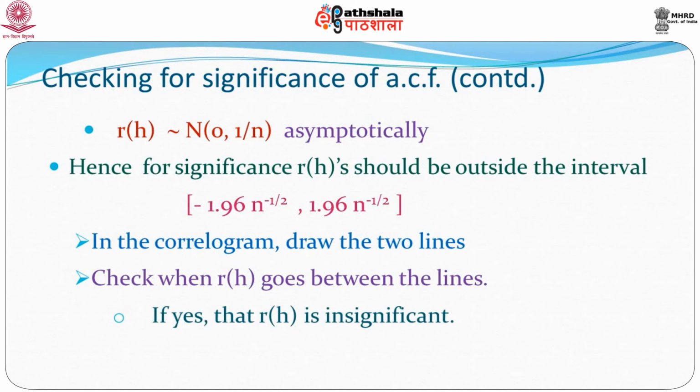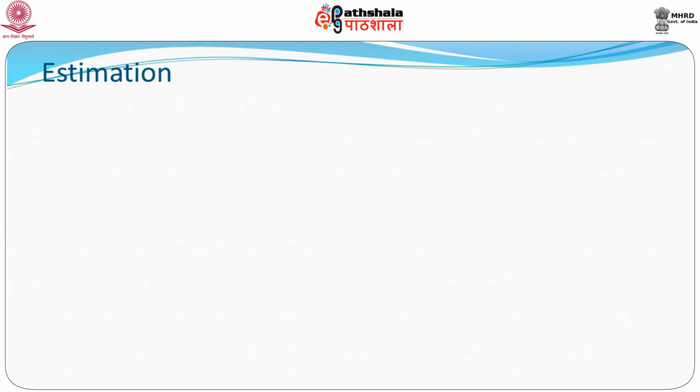So, if RH is insignificant, it goes below the lines. If it is significant, it should be lying outside this interval. Once having selected the model, selected the D, the P and the Q, we look at